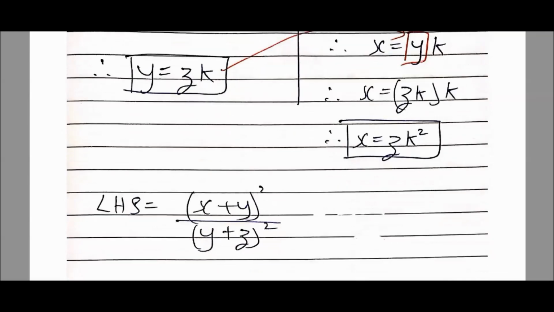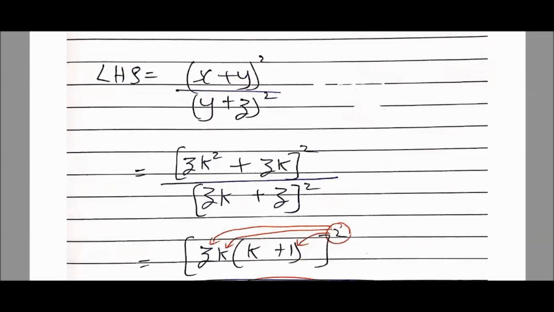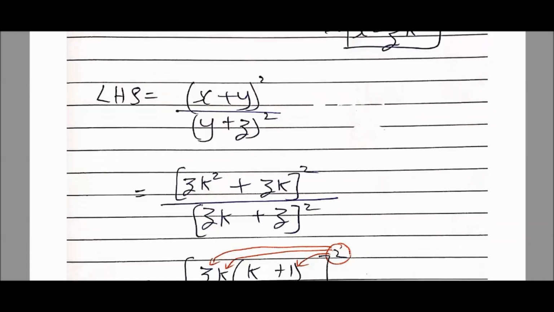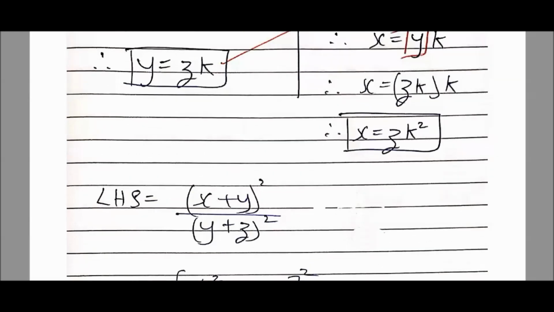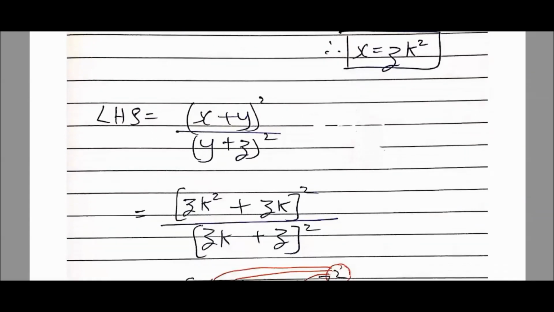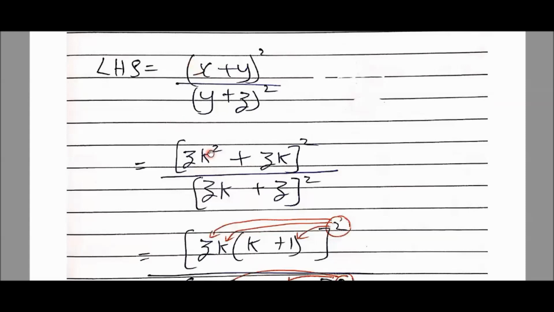That's it. Starting with the left hand side now. Left hand side is this. Wherever I have x, at the place of x I'll substitute zk square, because value of x is zk square. See here, x ka value is zk square and value of y is zk. Just substitute. Wherever z comes, keep it z only because I don't have the value for z. At the place of x, zk square. At the place of y, zk. I have a square on the bracket, so a whole square at top. y ka value zk. z ki jagah as it is z, the whole square.